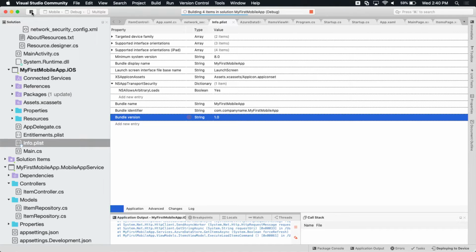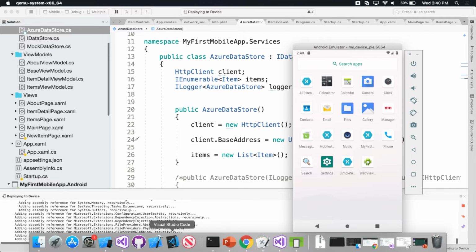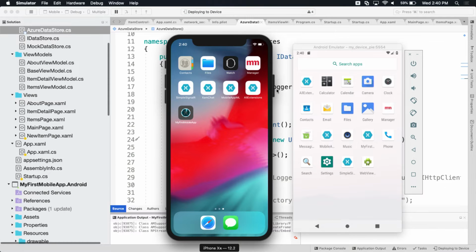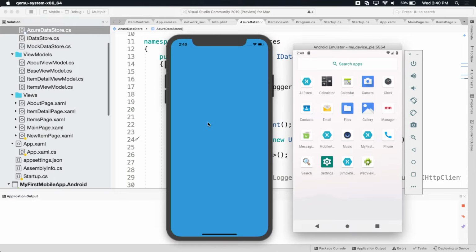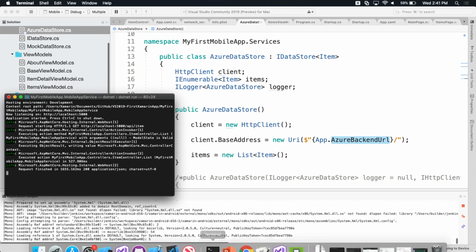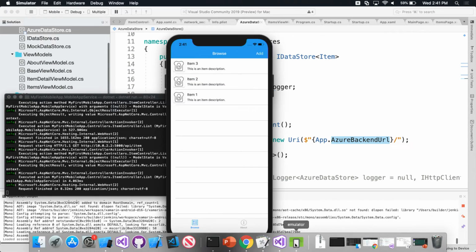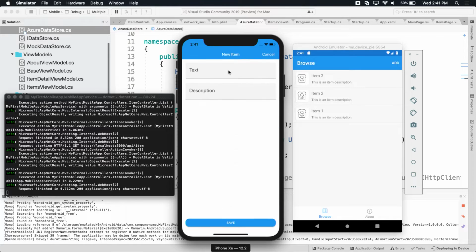So now what I can do is actually run this entire application. You kind of have an idea for the structure, some of the setup that's here. And what we're going to do is run this app over here for both iOS and Android. So here, we're just going to spin it up on our emulators. And we can actually take a look at our ASP.NET Core backend. And what's nice and why I like doing this is that I can start to see everything running over here on my machine. So if I come in and I add an item and I say,